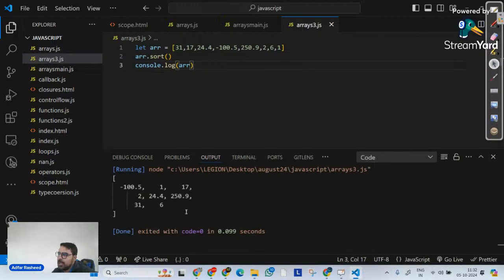No, it's not. You can clearly see that 250 is mentioned first and then 31 and then 6. So it's not sorted. When we call the sort method without an argument, it is always going to sort digit wise only. This is what I actually mean. If you see -1, the first digit is 1, then 2, then 2, then 2, then 3, then 6. So the first digit is properly sorted.